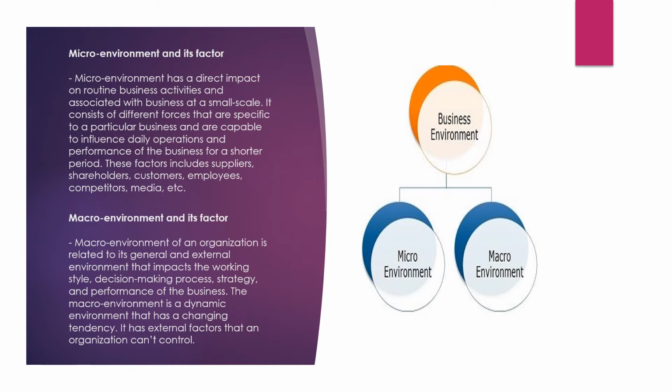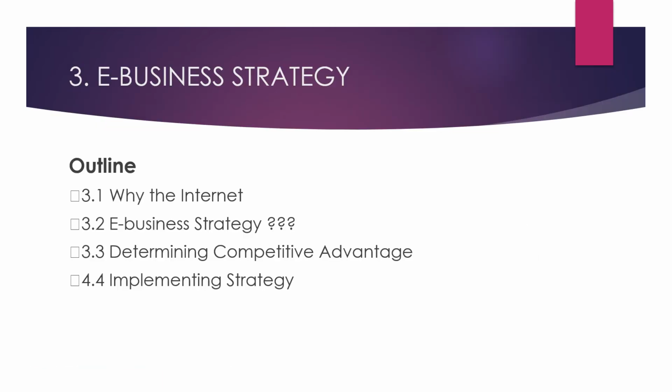For the macroenvironment and its factor, the macroenvironment of an organization is related to its general and external environment that impacts the working style, decision-making process, strategy, and performance of the business. The macro environment is a dynamic environment that has a changing tendency, and it has external factors that the organization cannot control. For the third one, I will be discussing, this is the third topic now, and it is e-business